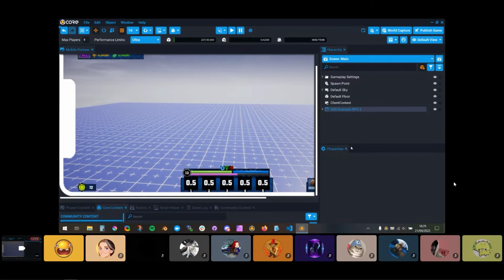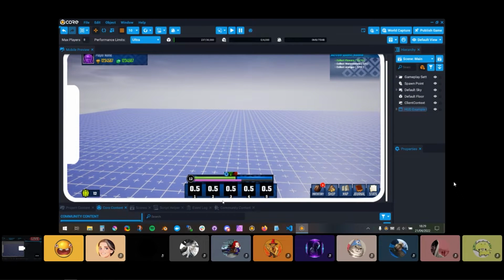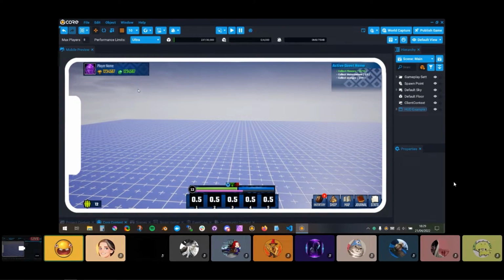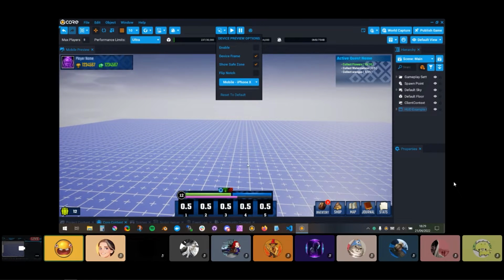Right. Let's take a look at this. So this is Cardinal Zebra's UI, and you can already see, let me just enable the safe zone on this. If we disable it in the device preview, on PC it's not too bad. It's got a little bit of margin around these elements, and I guess these two down here are designed to be flush against the edge. If we look at this in mobile preview,